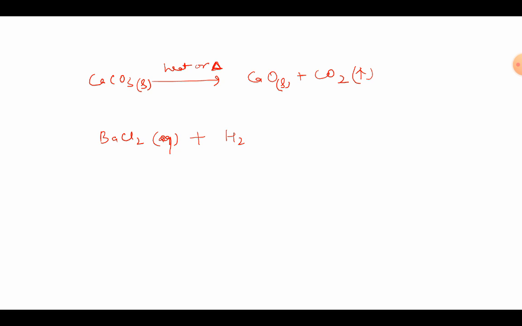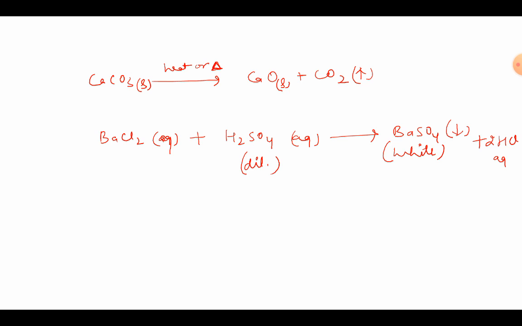It is mixed with H2SO4, sulfuric acid. Sulfuric acid is aqueous, and because it is dissolved in water, its concentration is now less. Whenever the acid is weak, we write dilute, and dilute can be written as DIL. It will result in the formation of BaSO4, that is barium sulfate, which is a precipitate. And to make it even more informative, we can write the color of the precipitate, that it is white in color, along with the formation of 2HCl, hydrochloric acid, which is again in the aqueous state. So this is how we can make the equation very informative.